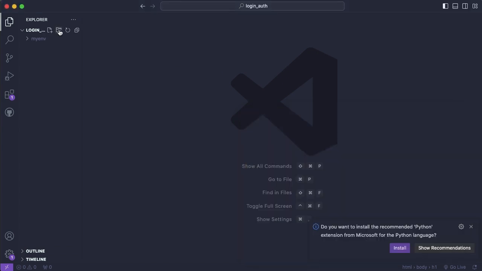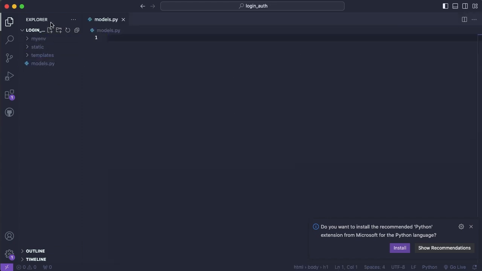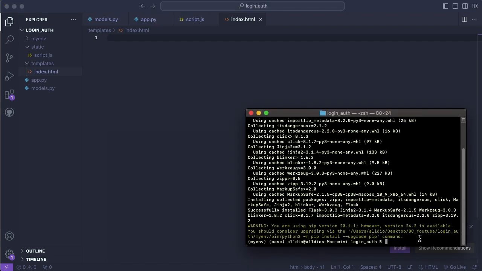And then over in Visual Studio Code, we'll start setting up our coding environment. So we need a templates folder and a static folder. We need a models.py, and that's going to hold all of our code for our objects. We need an app.py, which will be the one that we actually run, and this is going to hold our routes. And then inside the static, we will have a script.js, and inside the templates, we will have an index.html. So now that we have these set up, we'll just make sure that Flask is fully installed with no errors,